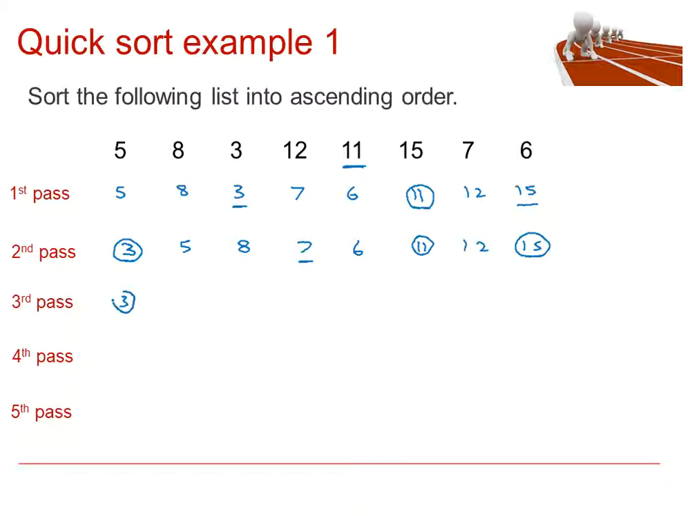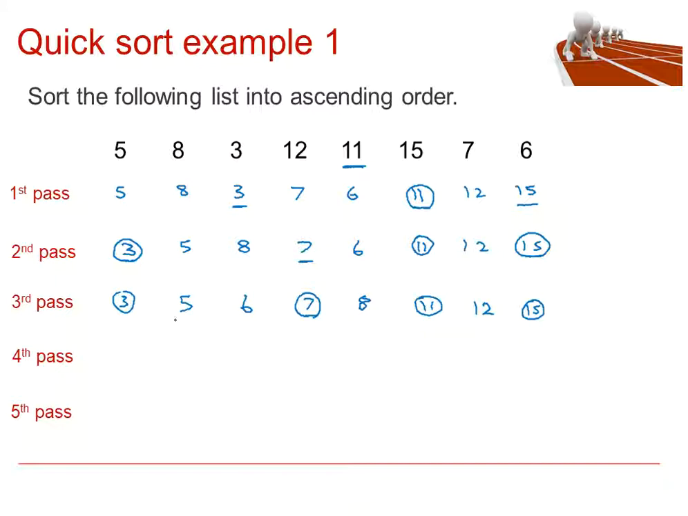3 is fixed, 11 is fixed, 15 is fixed, and 12 is on its own. So the elements smaller than 7, 5 is smaller than 7, 6 is smaller than 7, then we have our pivot, and the element that is bigger than 7 is 8. So that means that 7 must be in its appropriate position, so I can circle that now to say it's fixed. I don't need to apply the algorithm to an element on its own, so the 8 and the 12